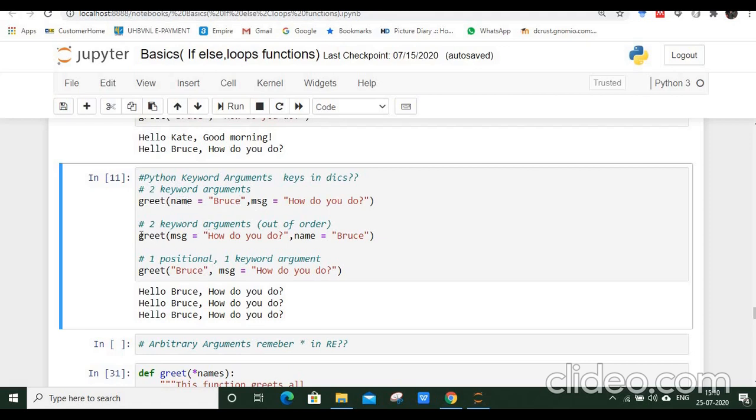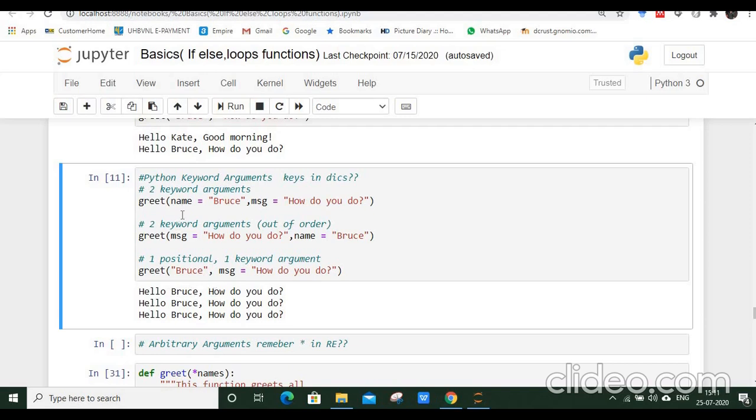And in the second call, I am inverting their positions. In the first position, I am passing the value of the message, that is how do you do, and in the second position, I am passing the value of name, that is Bruce. Okay, and see in the outcome we are getting the same output, that is hello Bruce, how do you do.